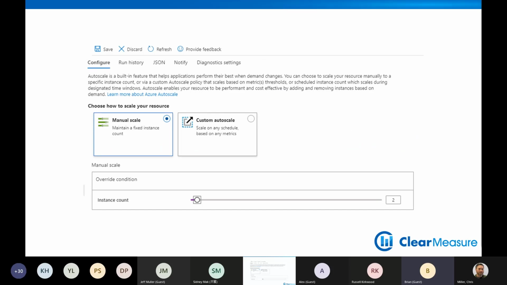We've done a lot of custom autoscale based on memory for Blazor server-side applications. You can do manual, and this is what it looks like, and probably everyone's familiar with that. But for Blazor server-side applications, what we found is memory, not CPU, is typically the case where we decide to add more instances to the App Service. And so if you use the custom autoscale, you'll want to put some rules around memory consumption. We did not find that CPU consumption was the factor for Blazor server-side. We did find that memory consumption was.